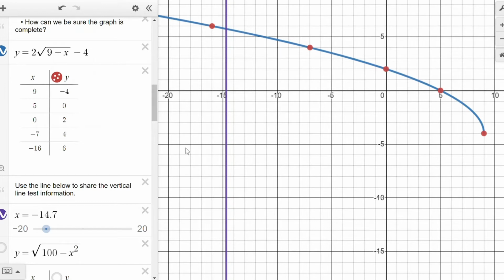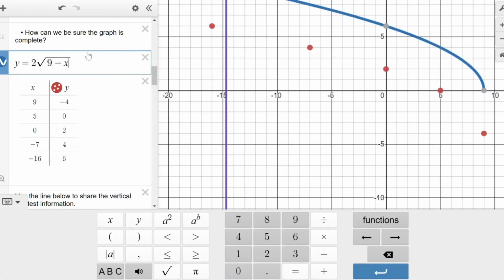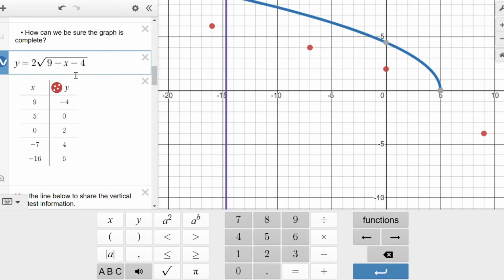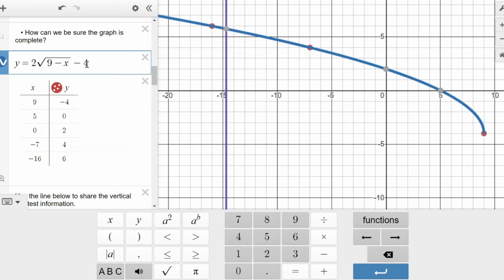Before I move on to some different equations, I also want to make sure that when you're entering this into a graphing calculator, if I go back and I take this and I just put minus 4, if you notice here, the radical is over the top of it. Notice what that does to my graph. You want to make sure that that minus 4 is outside of the radical. So you've got to hit your cursor over and then put it on the outside,